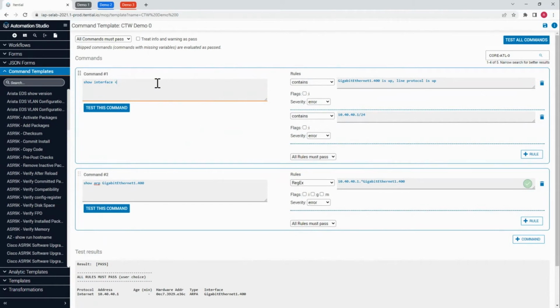So we can do a command variable, a variable substitution here. So I can take that out and just call it interface name here by substituting this format here. And anytime now that the interface name is leveraged, whether it's inside the command or inside the rules, I can now create a variable for those in here. If we're going to do that, we also need to go ahead and variabilize this, the IP address,